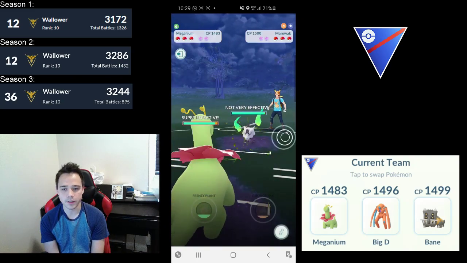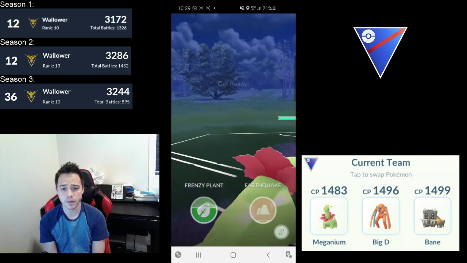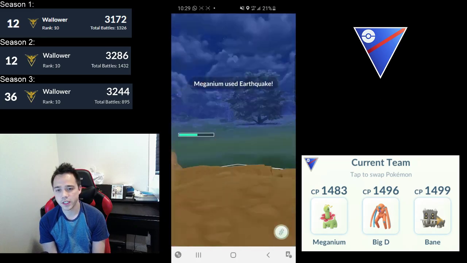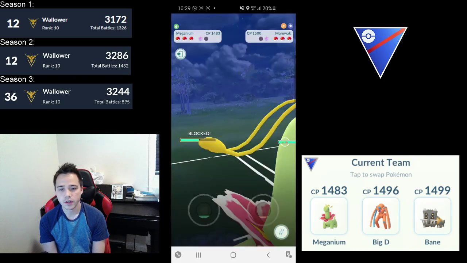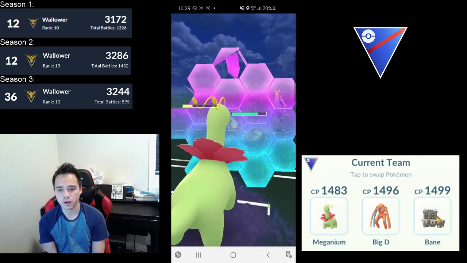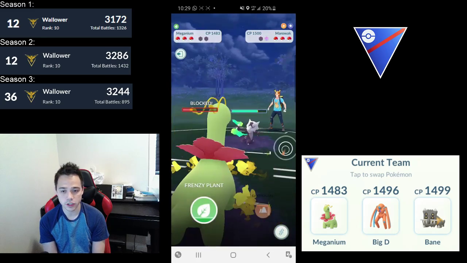Okay, Alolan Marowak lead. This is a disaster for Shadow Victreebel, but you have a lot of play against this as Meganium. Earthquake is a 1-hit KO. Bone Club does not do very much damage. I'm going to shield just because I want to get to that second Earthquake and really just take this to shields down matchup. Oh, and they're going to actually Shadow Ball there, so...